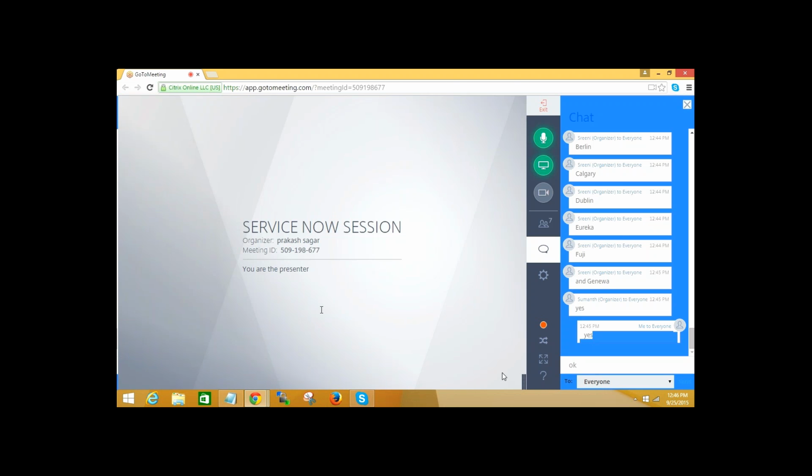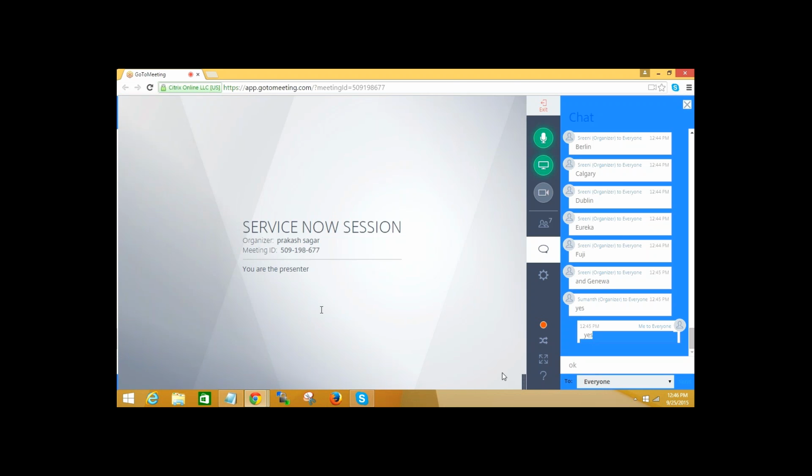Venkat, whatever instance we create is for your purpose only. You can use it by logging in with the user ID and password. Apart from that, the instance URL you got right now is just a developer instance and a common forum for everyone.